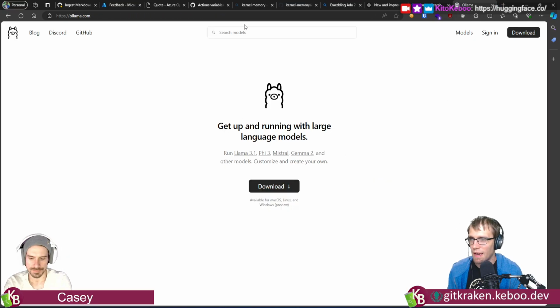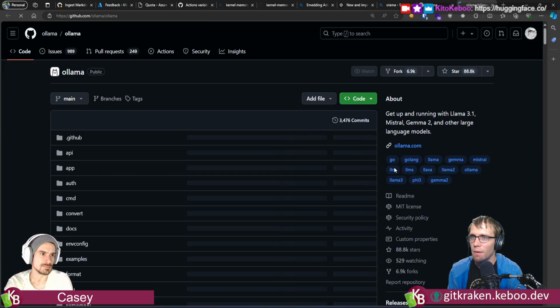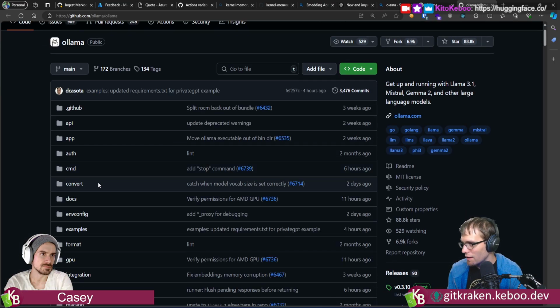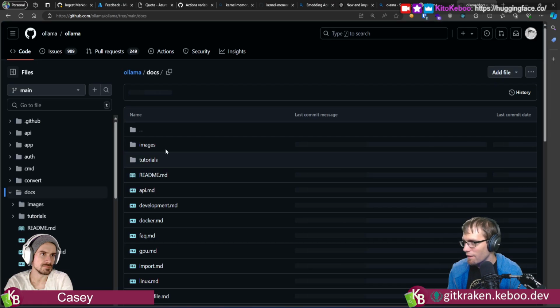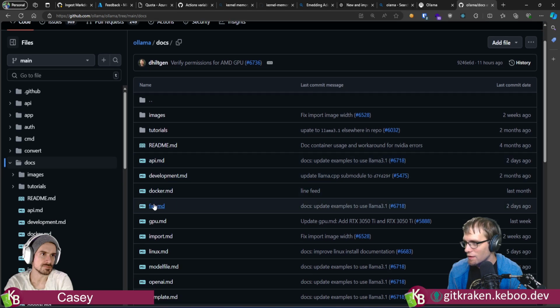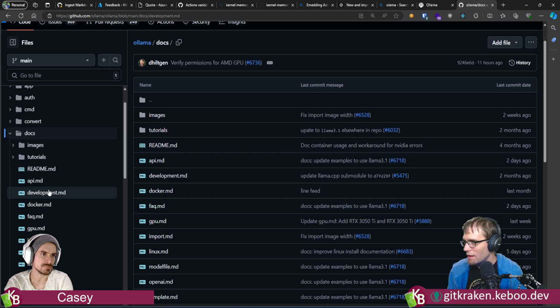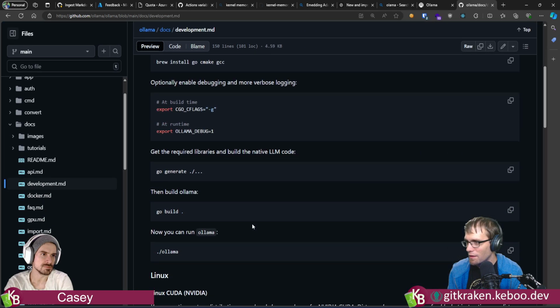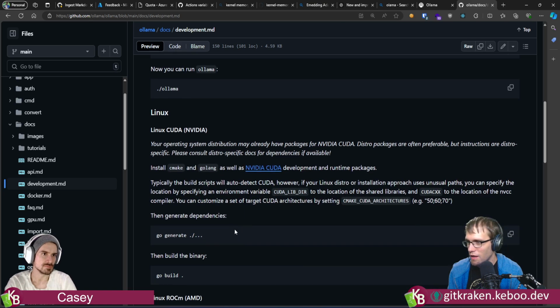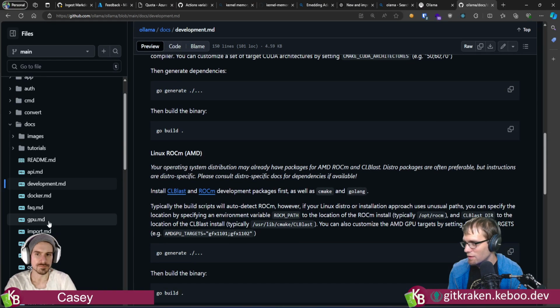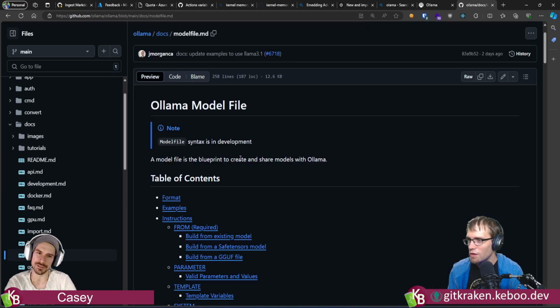Ollama gives you a nice running application, and then on their GitHub, let me show that because I love this stuff. Under their docs, if you want to have a customized little agent, what is the right term for this? Well, I wouldn't call it an agent. It's your own little custom GPT bot.